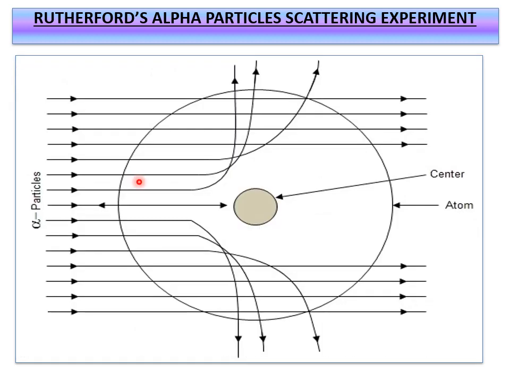If you see here, I have discussed a group of atoms of gold, but here, if you consider only a single atom, it is the same thing. If you see, a few alpha particles are going straight. This is all straight. Here also they are going straight, and a few are deflected. See, the deflection angle varies here.